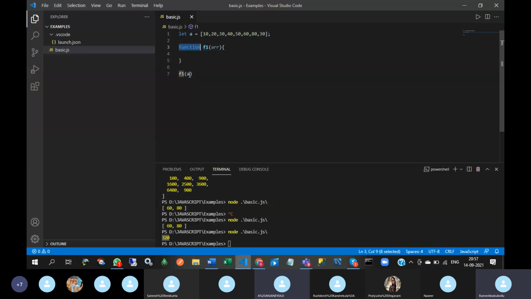Okay. So now I want to display these elements in sequential order. So how to do it? For loop: let I equal to 0, I less than ARR dot length. Here ARR is the array, because I am going to pass this one.